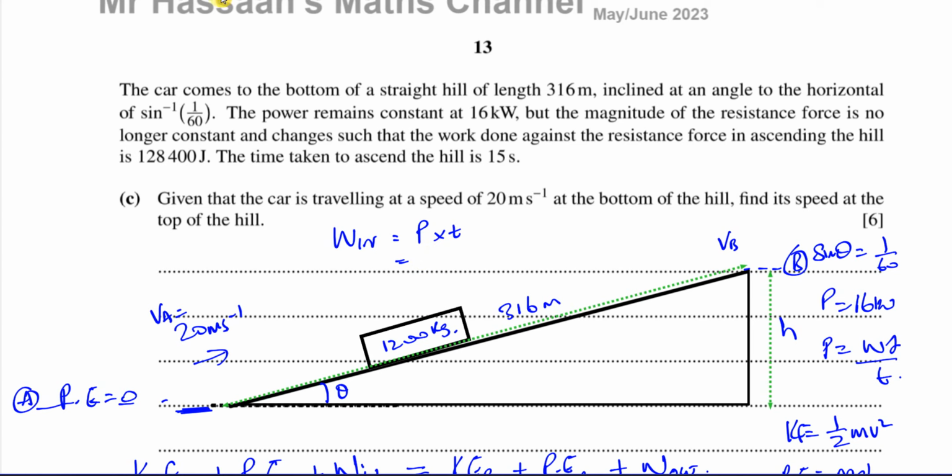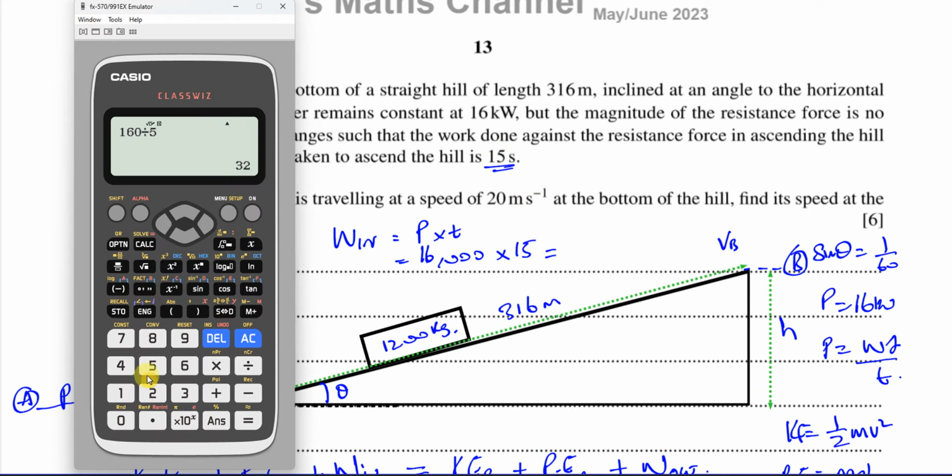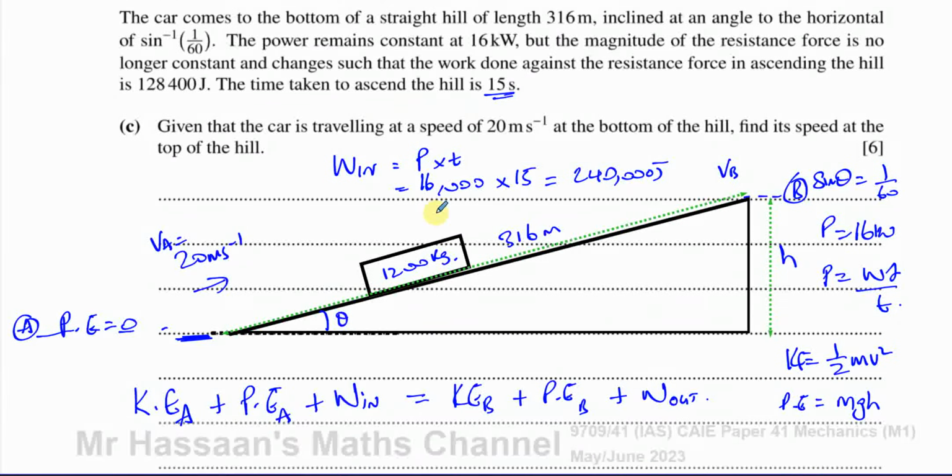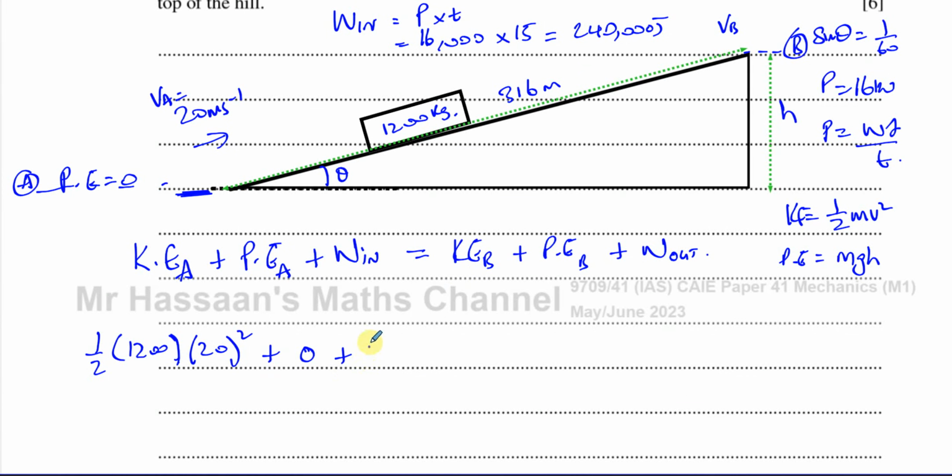16,000 times the time. You have 16,000 times the time for which it's acting, which is 15 seconds. And that should give us our work in. That's the work done in pulling this up the slope. So 16,000 times 15 is 240,000. So that's 240,000 joules. That's the work in. So this is going to be 240,000